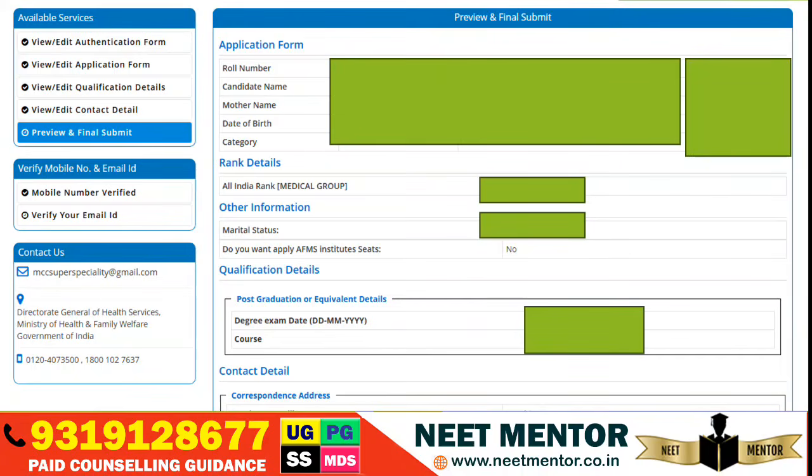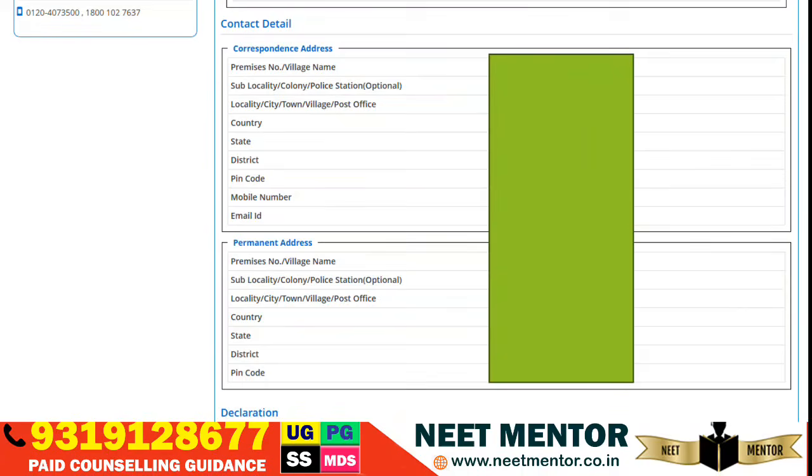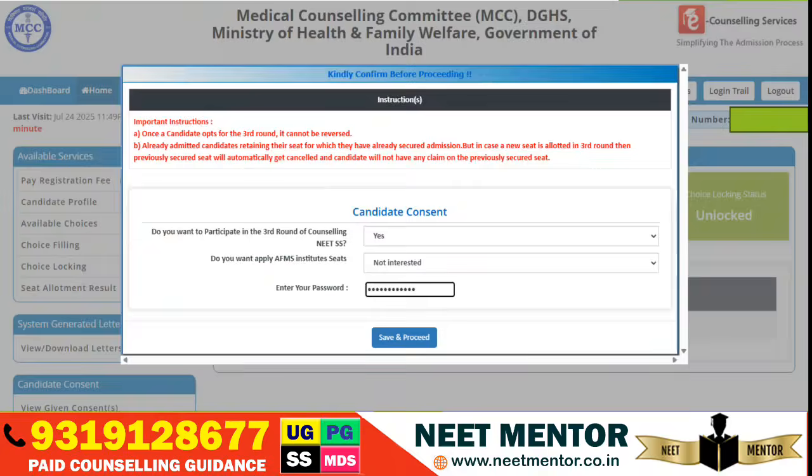Next, all these things will be shown over here, including your photograph and all. So you verify these details and then click submit. Once it is submitted, you can't change it later. Okay, so once you make sure that everything is correct, after you submit, it will ask you this instruction in